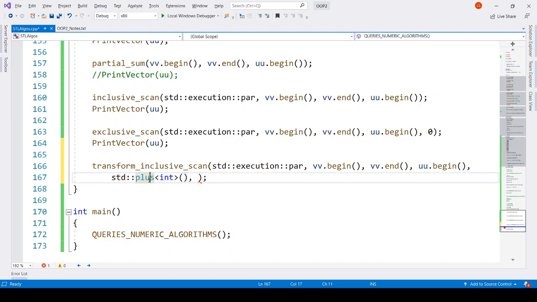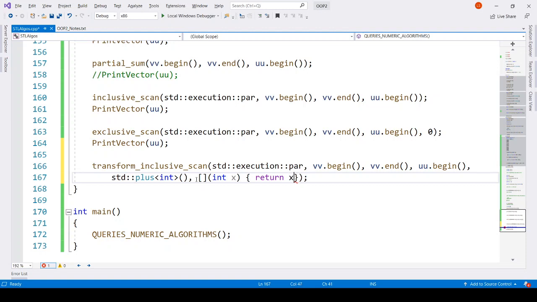So we are keeping plus as the default operation, but for the transforming operation, which will apply before anything is done on that element, the value of this element, which is x currently, will change. What it changes to is our decision.